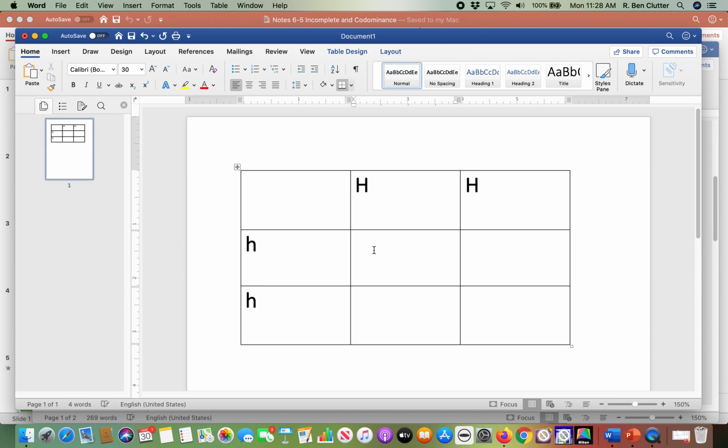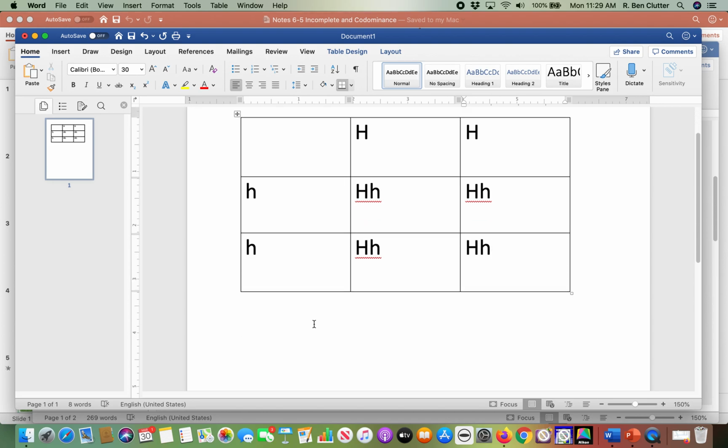And so this sperm, capital H, combines with this egg. This sperm combines with this egg, sperm and egg, and sperm and egg. Now, it doesn't matter really whether it was the sperm or the egg that was dominant or recessive. I don't believe it even specified. But I always put the capital letter first so we think about what we're doing. Our results, 100%